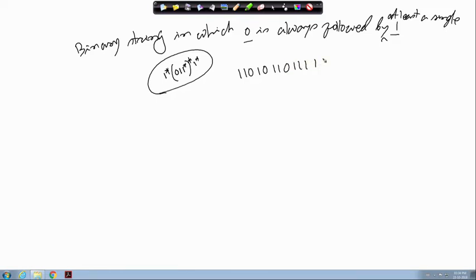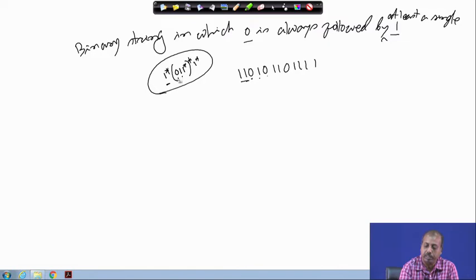then you see that the first two ones will be matching with this 1 star, then this 0 will match with this 0, then this one will match with this one, then there is 0. So, this 1 star will be taken as 0, and then for matching this 0, we will take another occurrence of this particular sub expression. So, this 0 will be matching with this 0, then these two ones will match with these two ones, then again there is a 0. So, another round of this regular expression will be taken. So, that will match with 0 1 and then 1 star. So, 1 star will match with this. Okay. So, after that we have got 1 star and all.